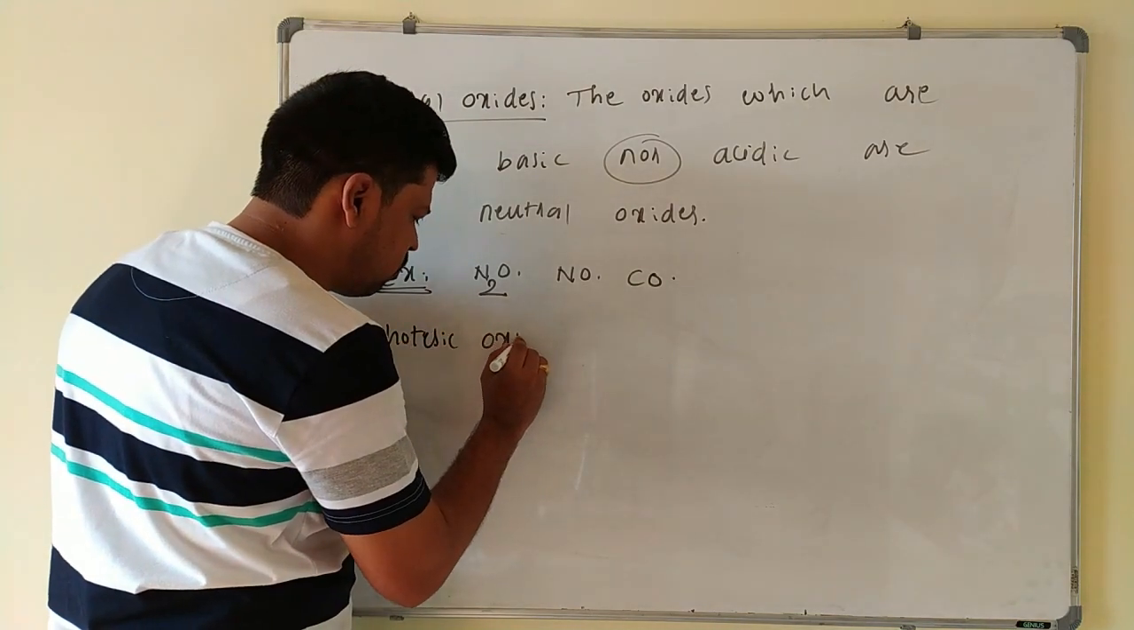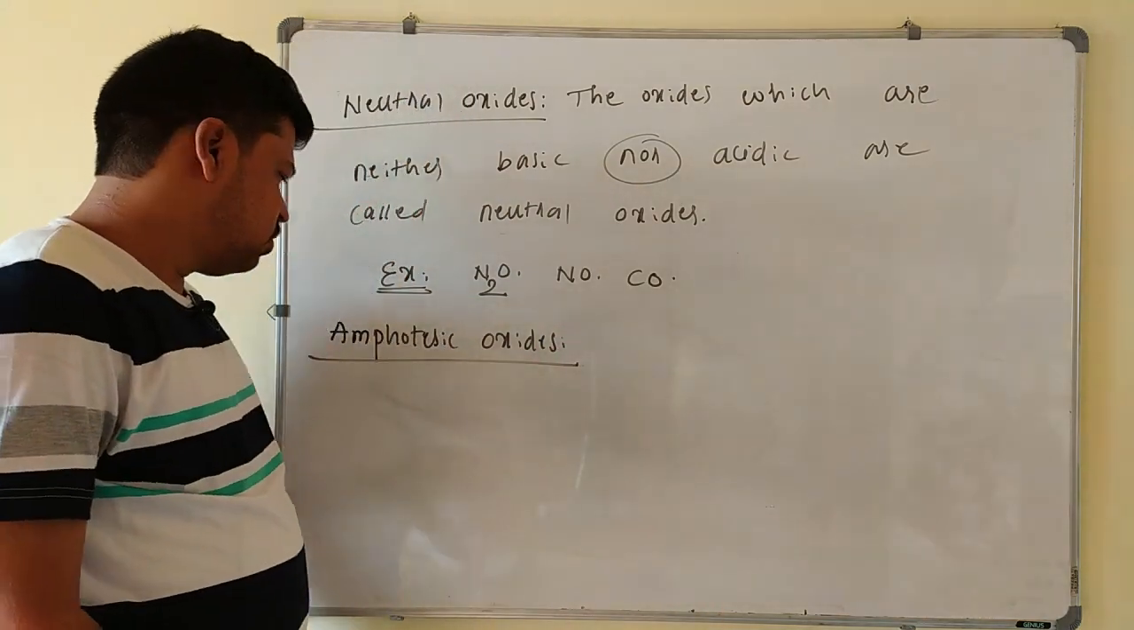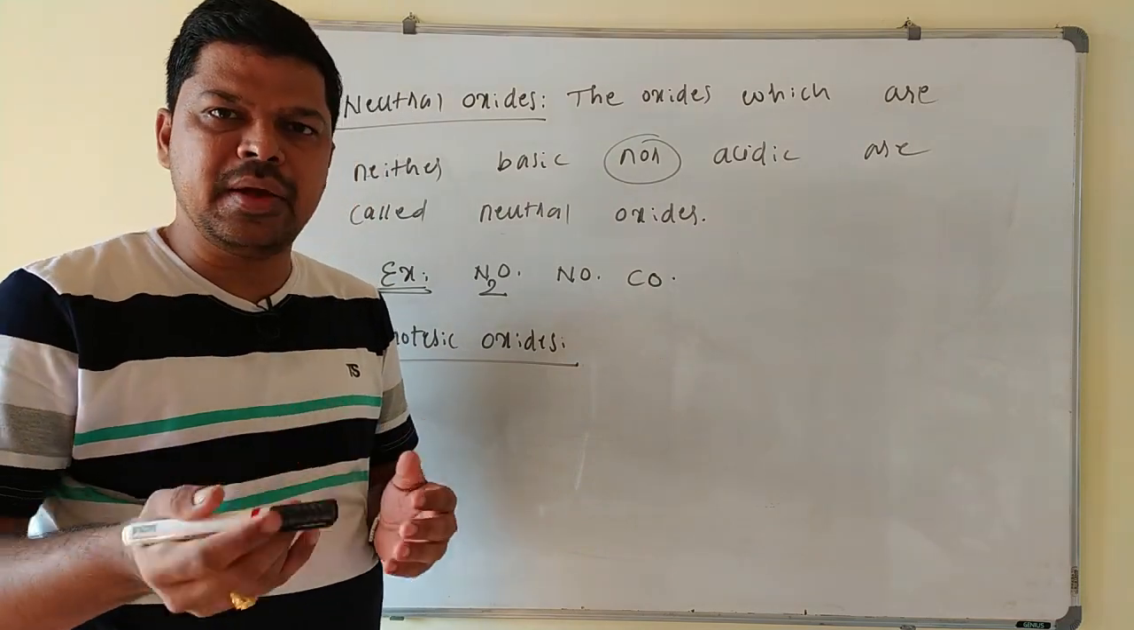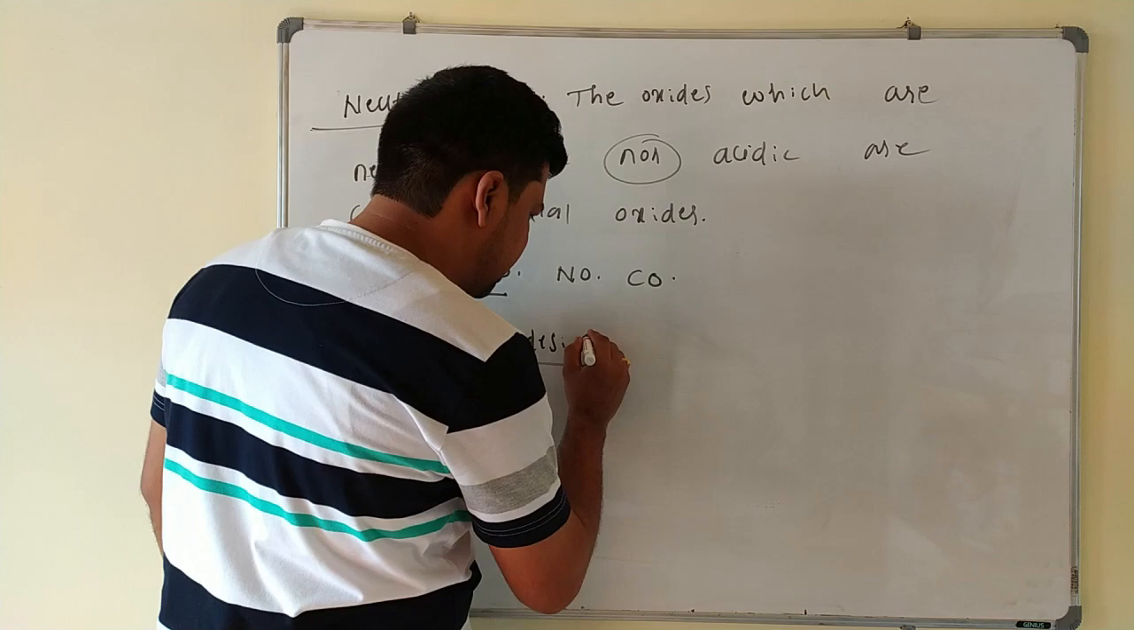Amphoteric oxides. So these amphoteric oxides are what? They are having both acidic as well as basic nature, hence they are called as what? Amphoteric oxides. The oxides